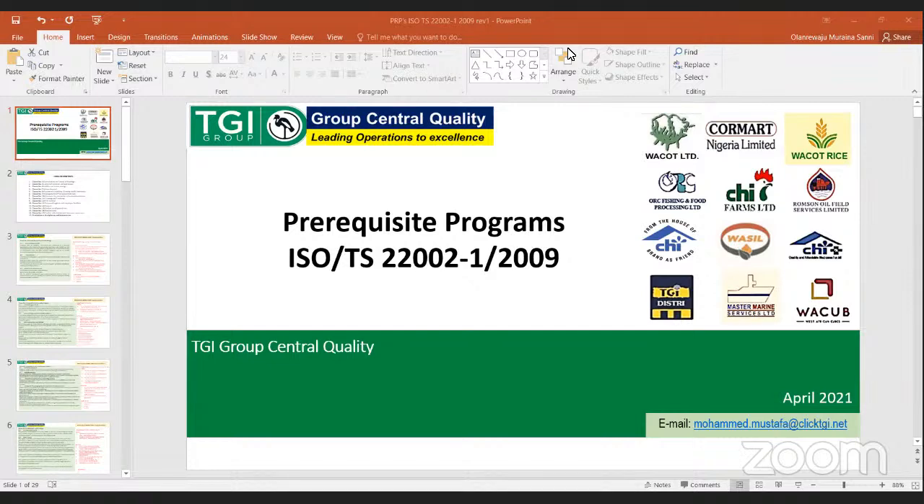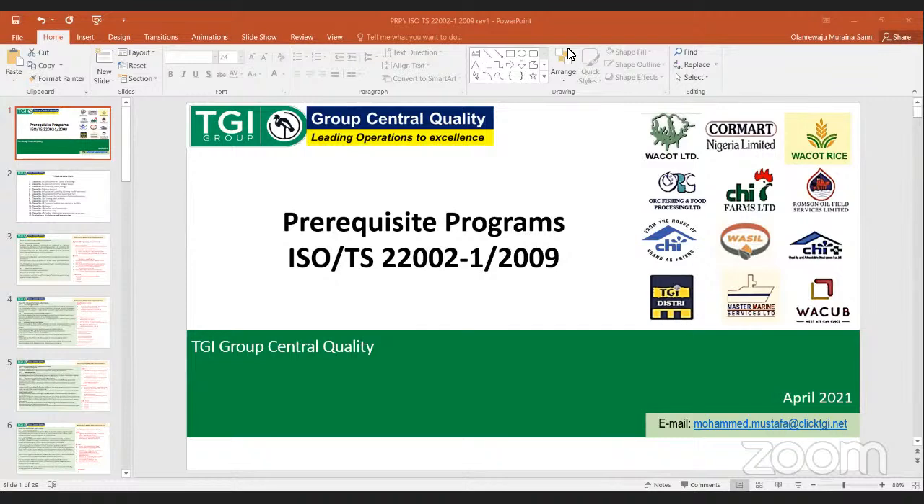As a requirement of FSSC, we have three requirements to be met. One of them is ISO 22000. The second one is prerequisite program, which we are going to be talking about today. The third one is the additional requirement by the GFSI Institute. But for today, we shall be having a brief